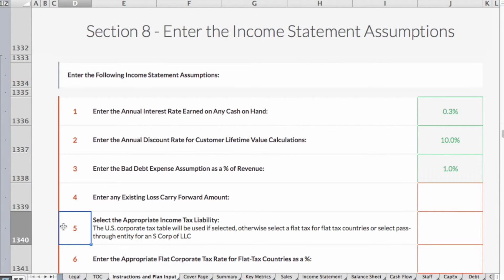The fifth input is the appropriate income tax liability. Now, more and more startups are being formed as LLCs, which are non-taxable entities. So in this case, just select whether it's a U.S. corporate tax rate, a flat corporate tax rate, or a pass-through entity. So in many foreign countries, there is a flat corporate rate, let's say 15% or 25%. If that's the case, simply select flat corporate rate and put in the percentage here